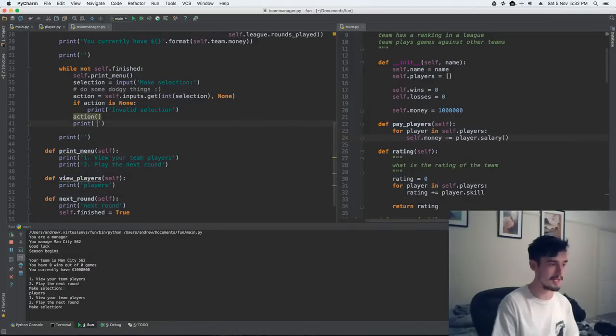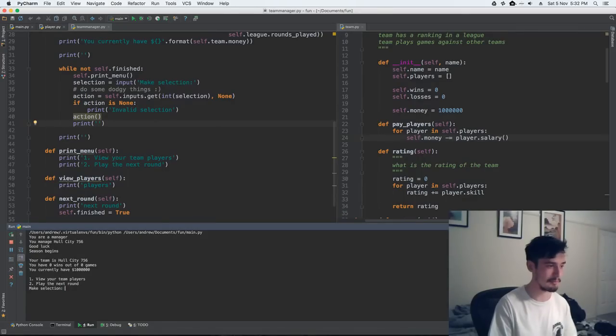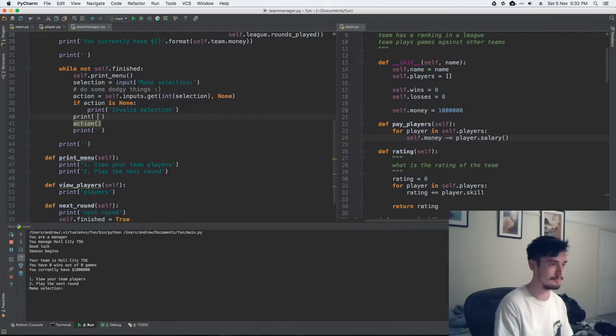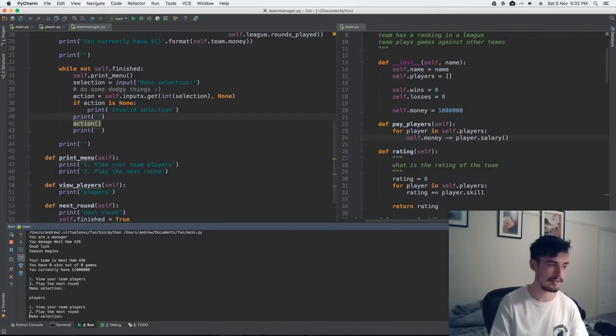So I'm just going to be adding random prints in here so we can give it a better feel, but make a selection. I want to view our team players. Let's do this again. View our team players. Here it would print our list of team players. Let's play the rest. If we enter an invalid selection,